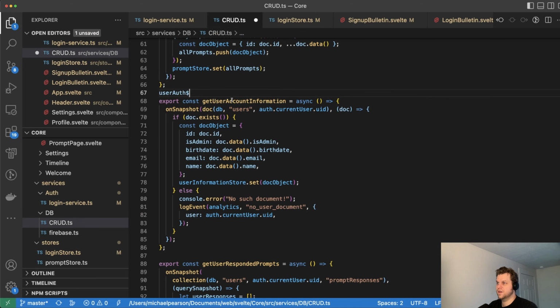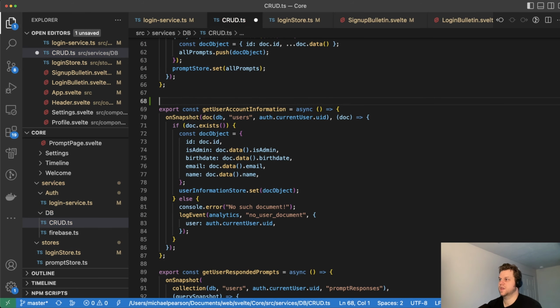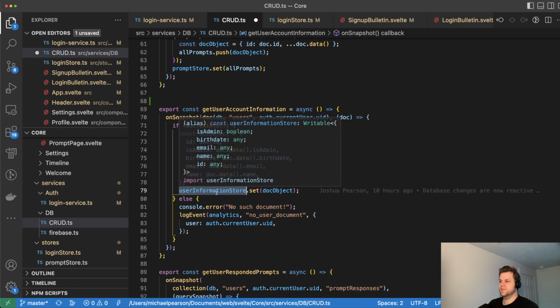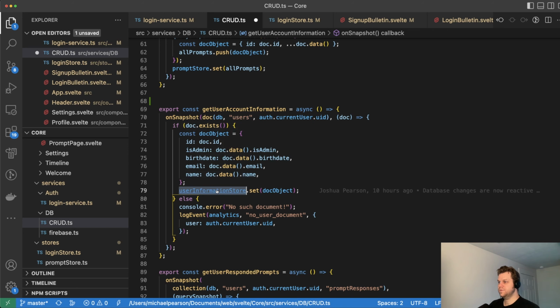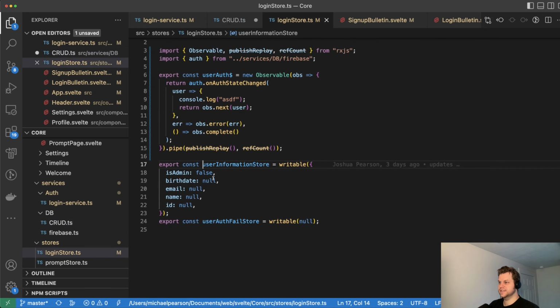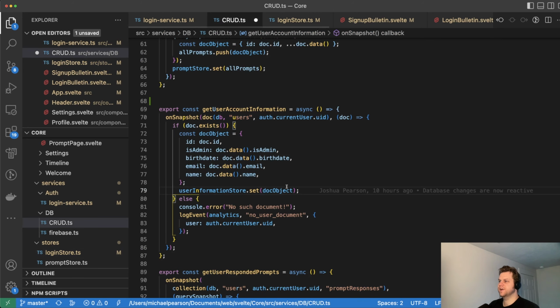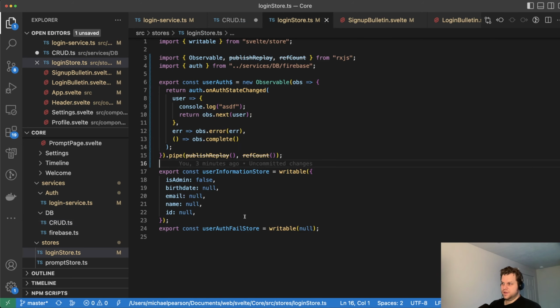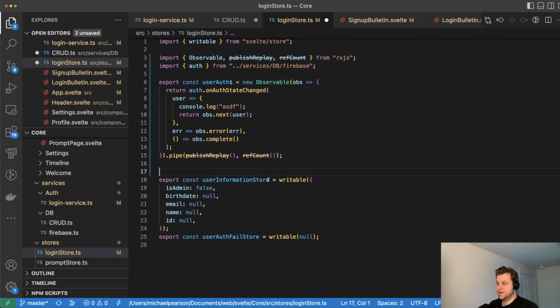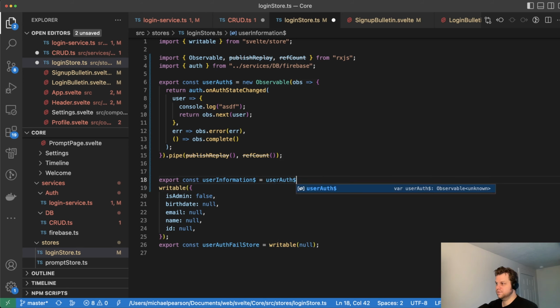No, in CRUD. We're importing this. Okay, so what are we going to call this? Well, we don't do this here. User information store. So this is now going to chain off of, wait, was this the same file? Yeah, it was. Okay. So now this is going to chain, instead of store, it's going to be an observable. Is this initial state? Yeah, it has to be. Yeah. So we can import that